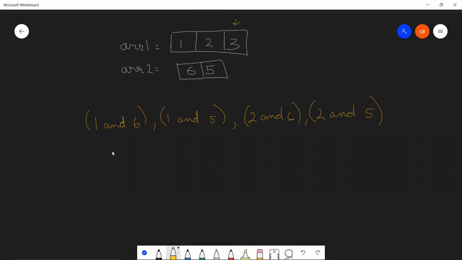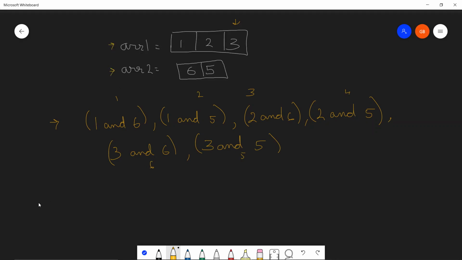I don't have space, so I'm shifting to a new line. 3 and 6, comma, 3 and 5. So now this is a list containing all the 6 pairwise ANDs that can be formed using ARR1 and ARR2.